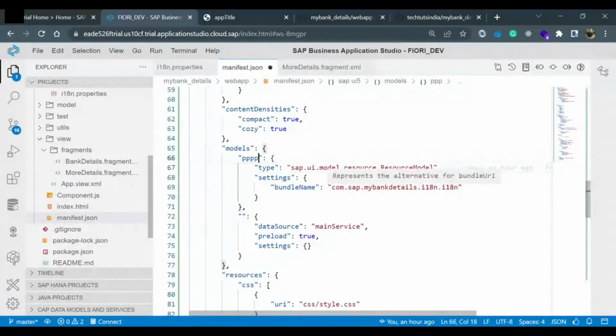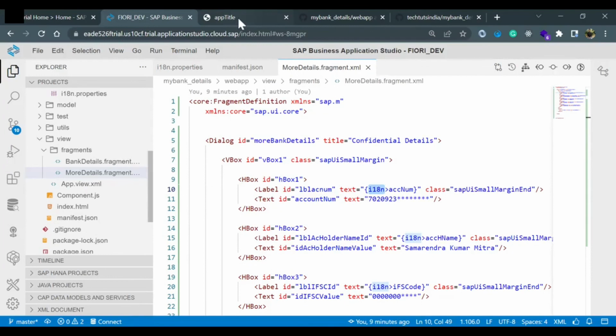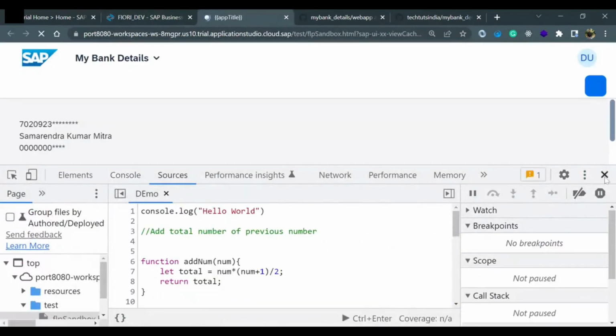Let's keep it the same. What was it earlier? i18n. It is very important to keep i18n, because here we have done the binding with i18n, right? So if we keep the model name as i18n, it would be helpful. In the next video I will show how you can test it locally using different languages. Let me remove the breakpoint. The application is getting